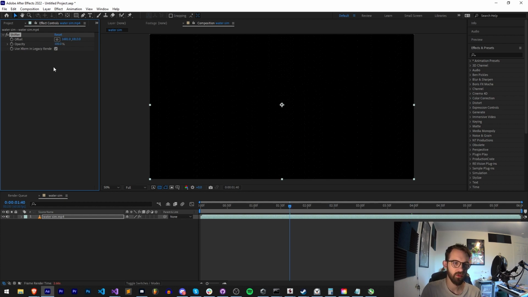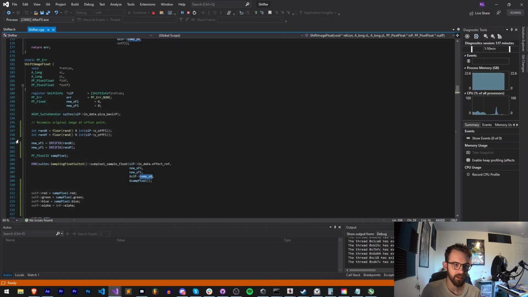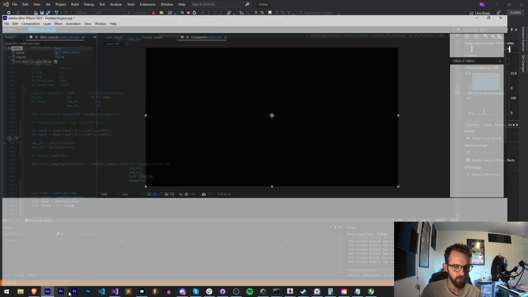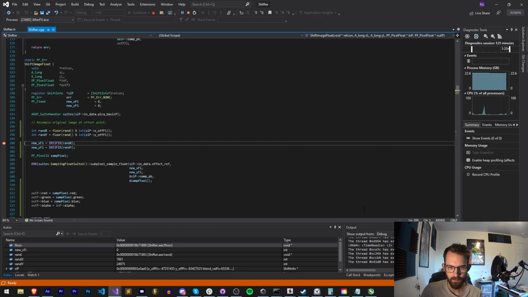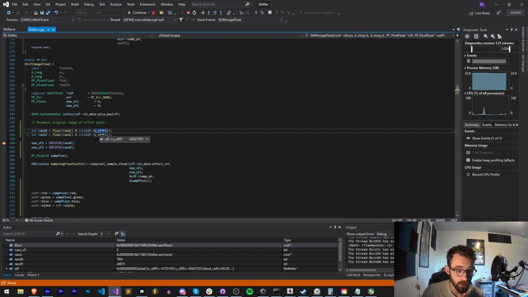Perhaps in this case, we're having a bit of an issue with different data types. Let's set a breakpoint and maybe find out. Our incoming X offset is negative 4 million. Yeah, these values might need to be cast. Okay, here's what we're gonna do. We'll go back to the standard way we were doing this, 1920 and 1080, and I think that'll be